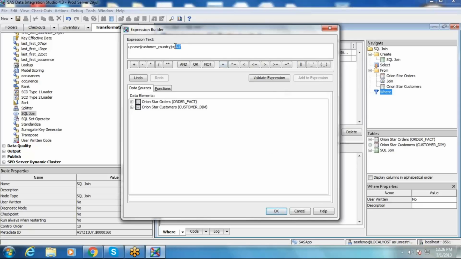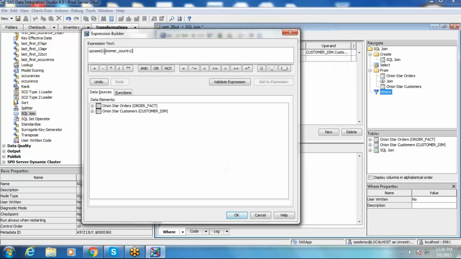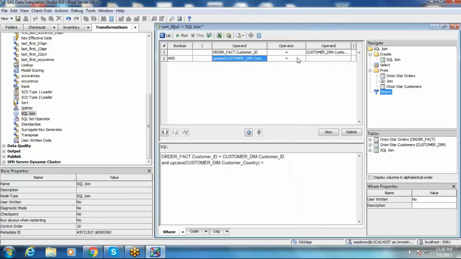Here you should not mention this straight away, because you need to put it on the right hand side of the expression. You can just mention uppercase of customer country and then click on OK, because you have the operator here, and you can define the hard coded value here straight away using AU in quotes. So here you can see the complete filter condition.